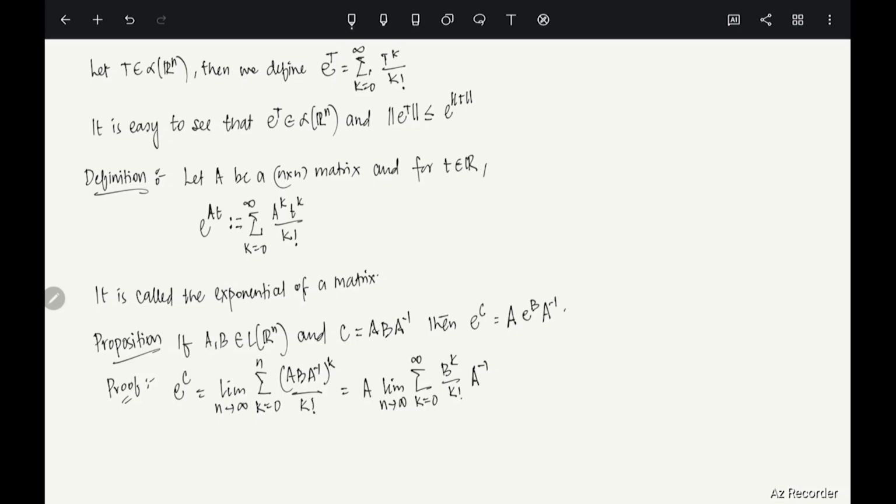Okay, so if you have this, and then it is nothing but A e to the power B A inverse, clear? So that's the different thing. And also please check this part, you have to check it yourself, that if P inverse AP is the diagonal matrix given by lambda j, so basically diagonals are lambda 1, lambda 2, lambda n and everything else is 0, okay,